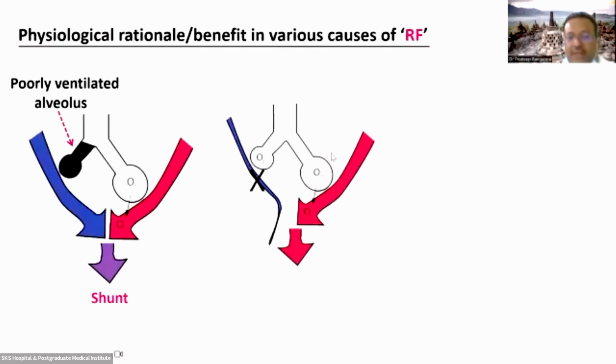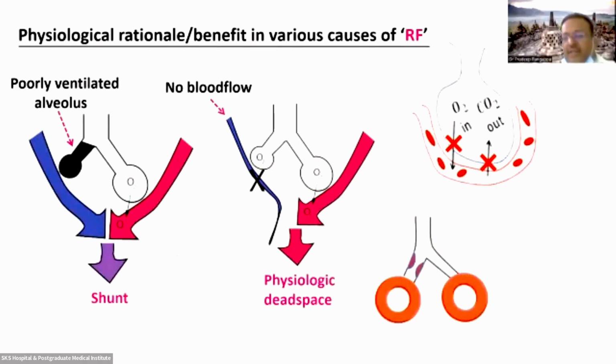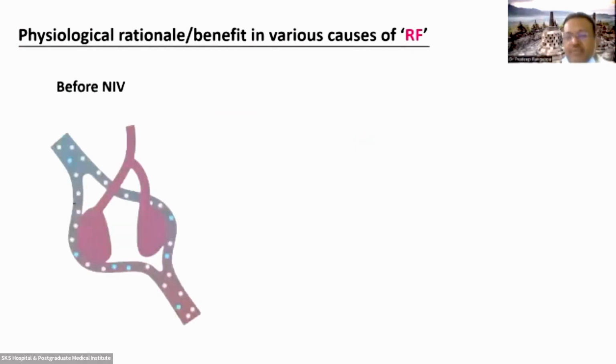Here, the alveoli are getting ventilated, but there is a compromise in the perfusion because of compression of the vessels due to emphysematous chest. So there is physiological dead space that increases. So this also tends to be optimized with NIV. And diffusion impairment is another cause of respiratory failure, where effective exchange of gases is not happening. And there are other issues where you may have thromboembolism in the pulmonary circulation, which also leads to ventilation perfusion